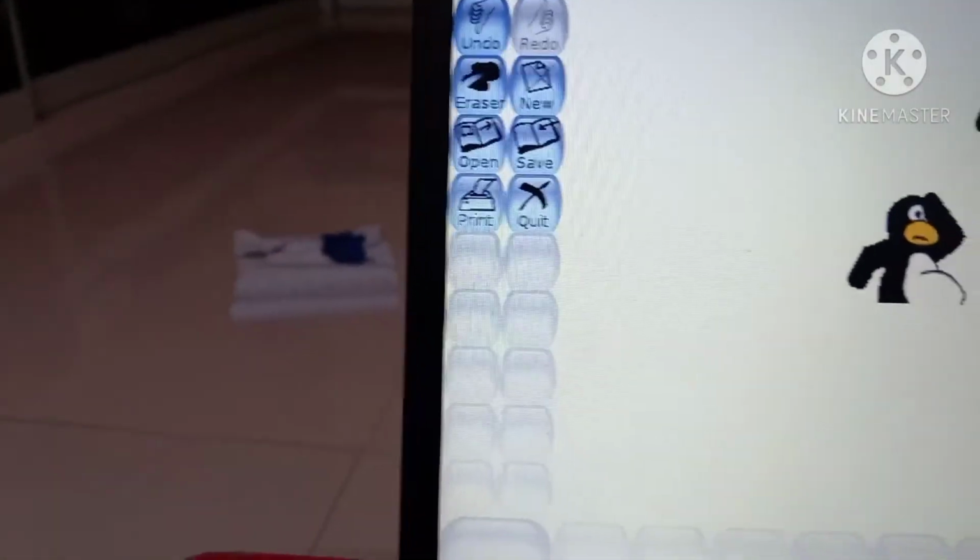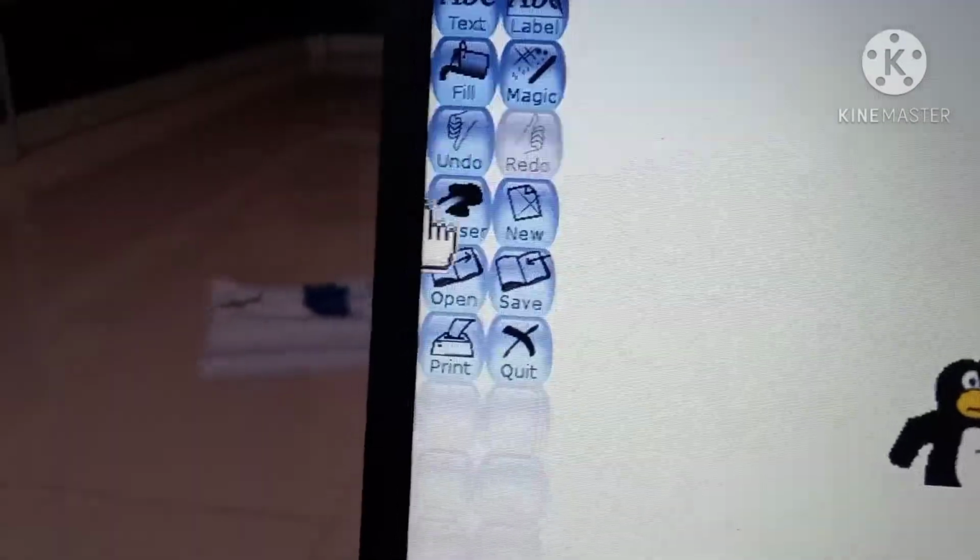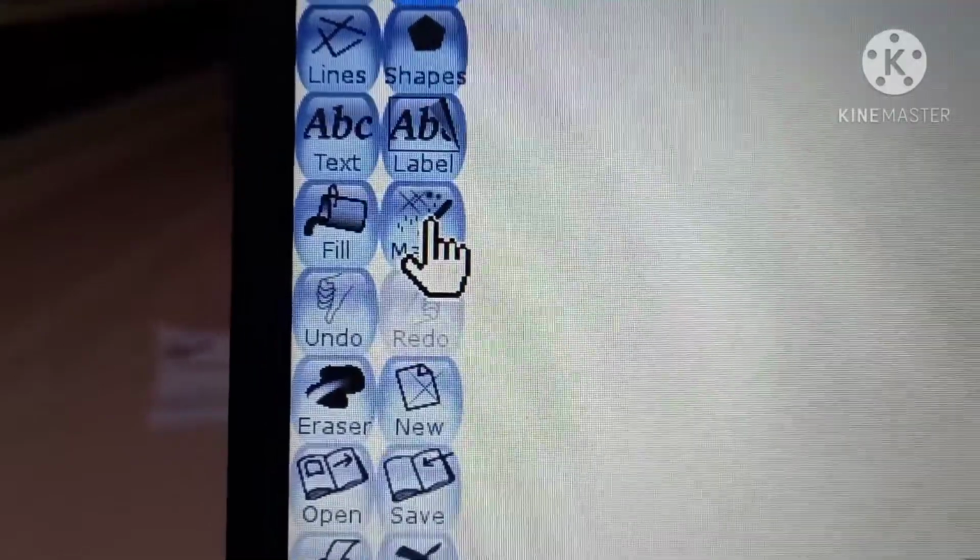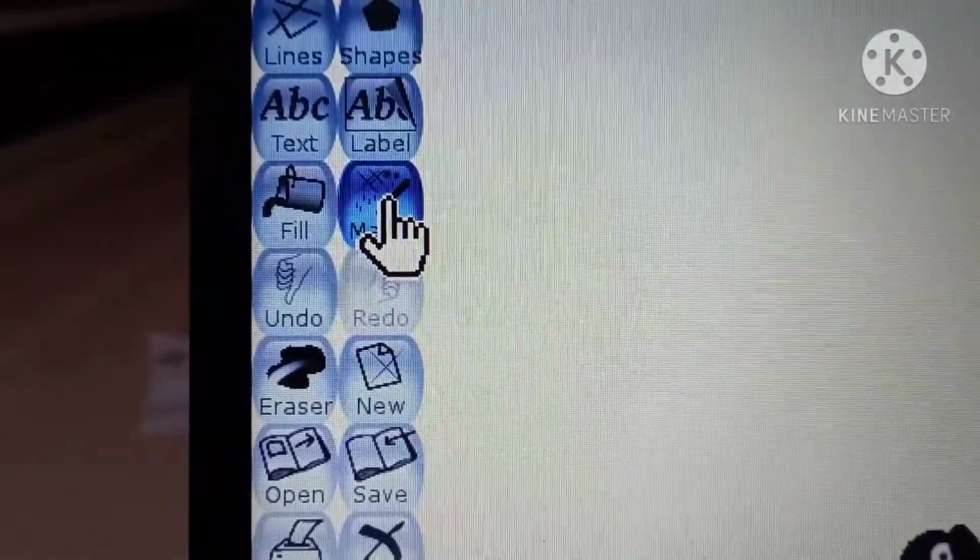Now again we'll take the magic tool. Where is the magic tool here? Can you all see? Is this the magic tool? Yes, this is the magic tool. If I click here, at the right hand side I will get all the magic tool options. From that I will take this brick.